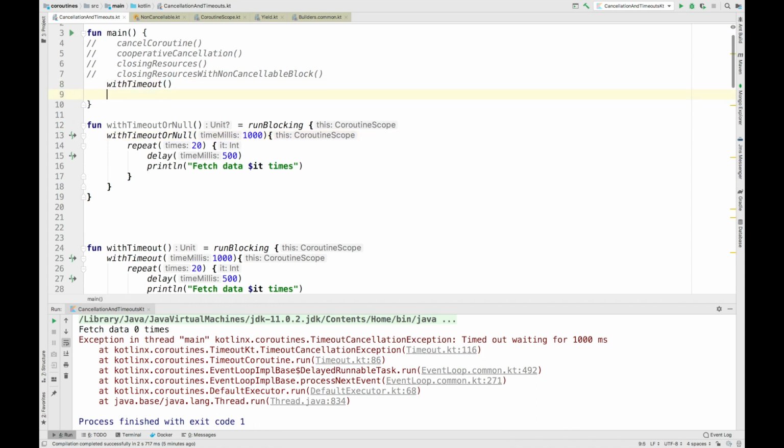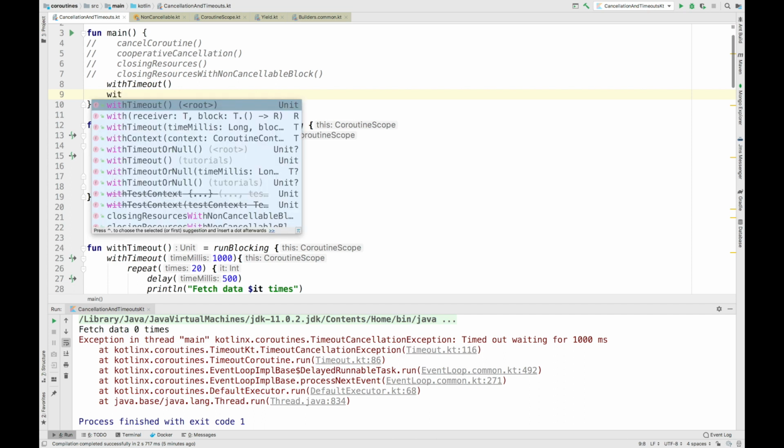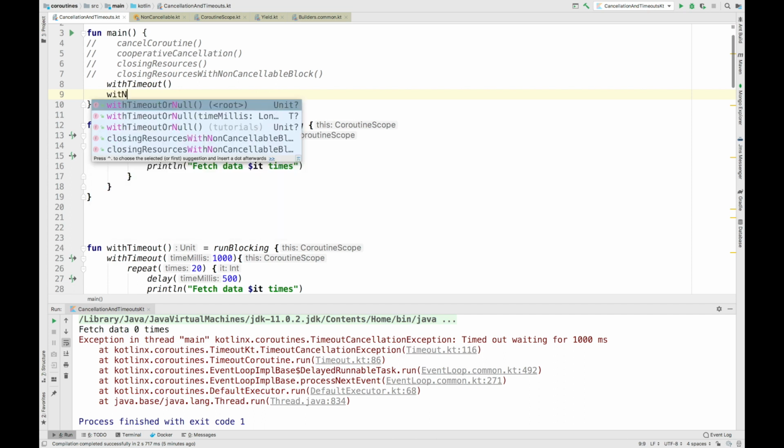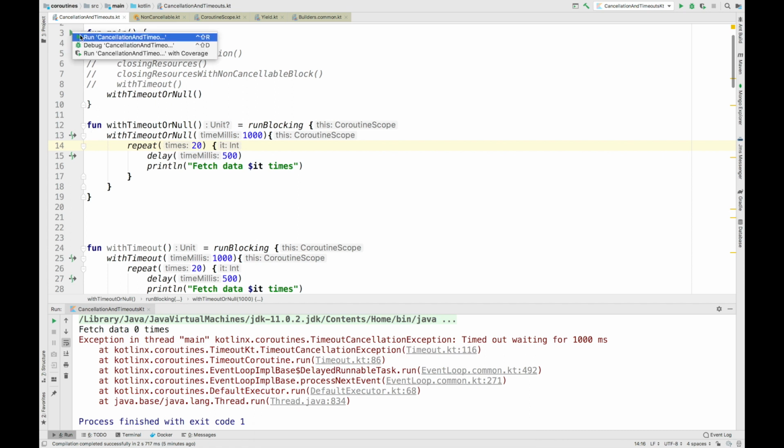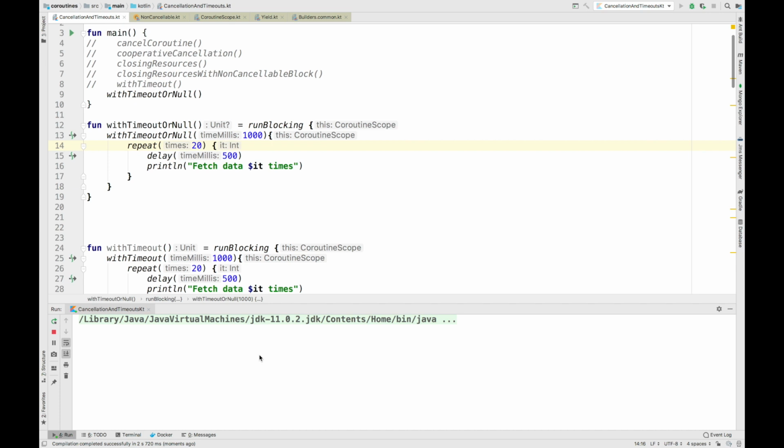So let me call this function here, withTimeoutOrNull. I'll comment the previous call. If I run this example, you won't see any stack trace here, right? You haven't got any stack trace, rather you will get a null value.